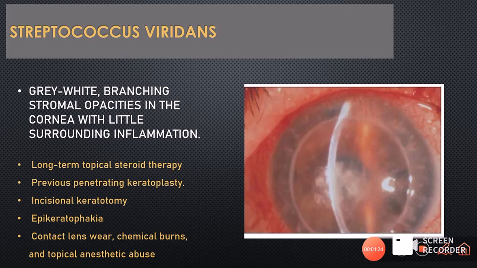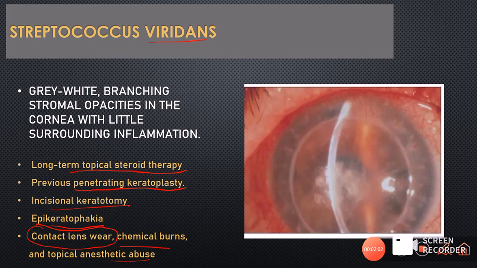Now let us talk about another indolent streptococcus, just like the staphylococcus. We have Streptococcus viridans. Now, an important thing about Streptococcus viridans is that it usually does not happen. It will happen only if the patient is taking some long-term topical steroid therapy, or he has undergone certain surgery after which he was taking some steroid therapy, right? So normally it will not affect the normal cornea. Okay, so if the patient has undergone previous penetrating keratoplasty, incisional keratotomy, epikeratophakia, or the patient is using contact lens for a long time,